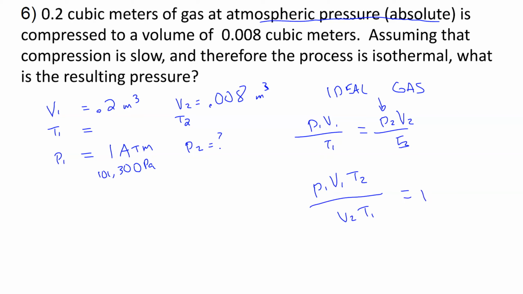And I'll get that right there. And you put your numbers in there. Remember that T1 is the same thing as T2, so these guys actually cancel out. We could have done that in the last step, I guess, but we'll have that right there. Here's 1 atmosphere, or 101,300 if you want it to come out in Pascal, which you probably would, but I'm